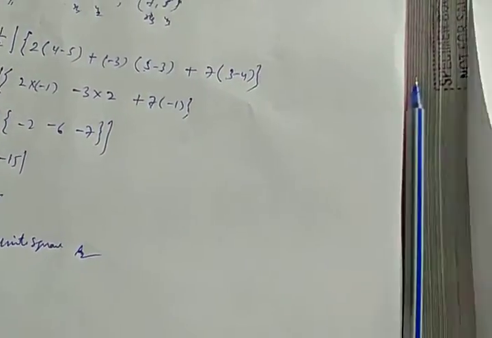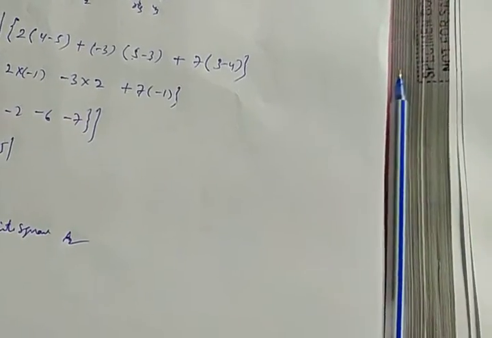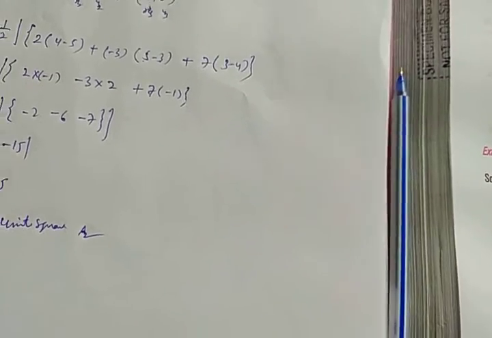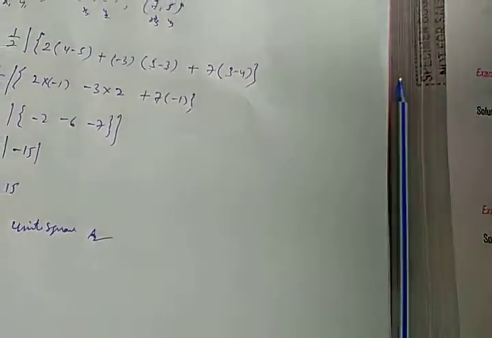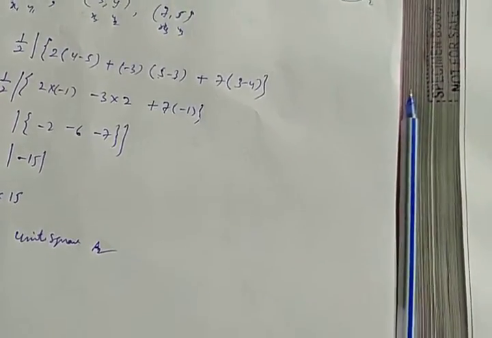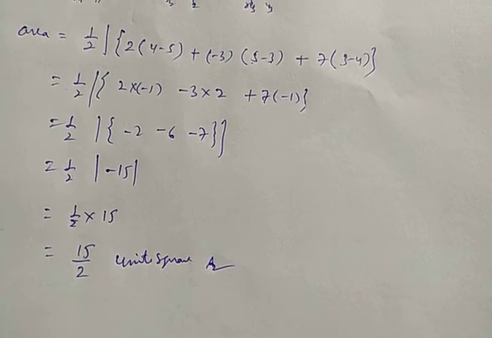Now, this chapter ends today. This much is the topic. Exercise 7D is the miscellaneous. You should solve this on your own. This will contain all exercise 7A, B, C combined questions. And this chapter ends today. Now you solve this exercise 7C today.